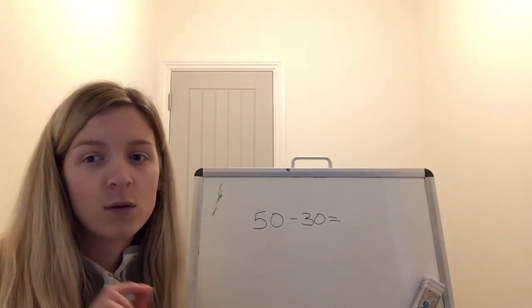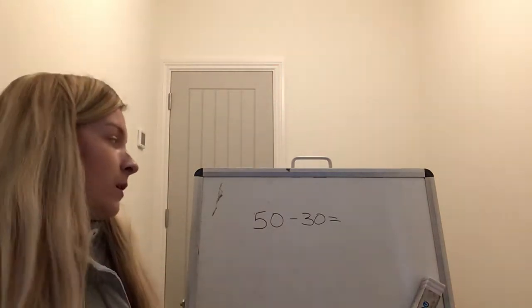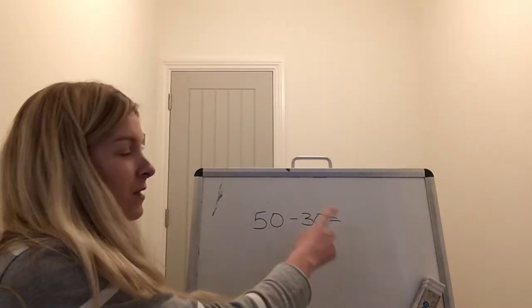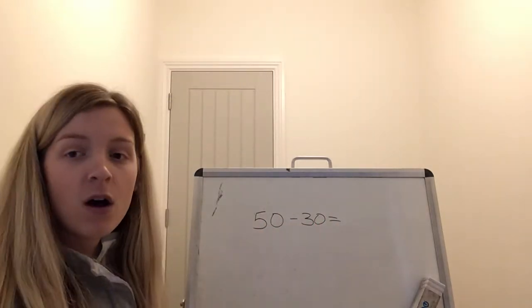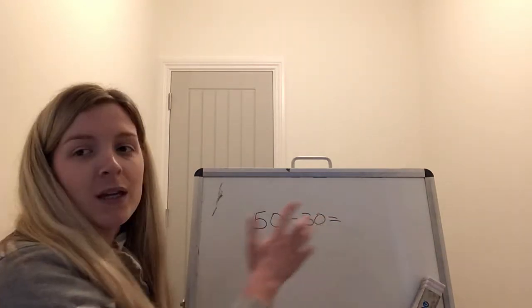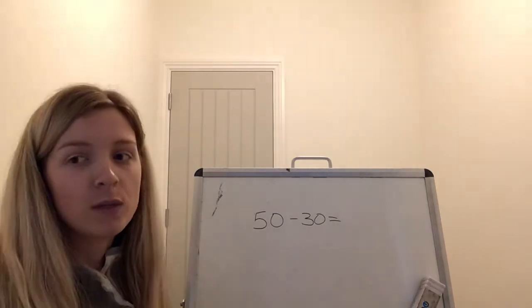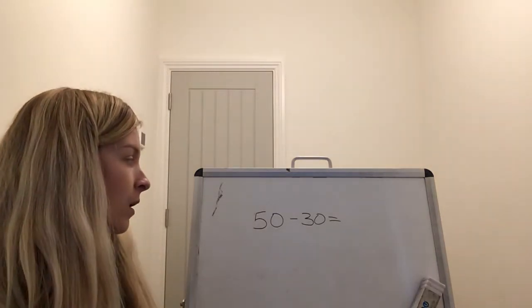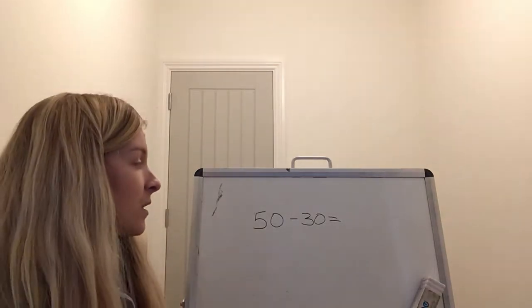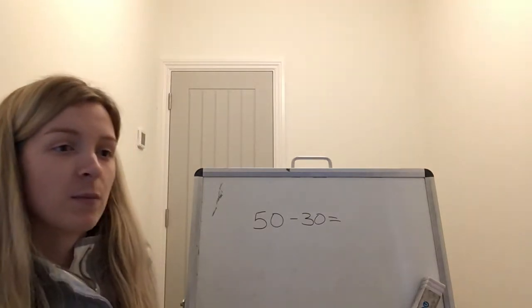One of the ways that you could do this is, I know one of you would say 5 tens take away 3 tens is 2 tens. I know this because I know that 5 take away 3 is 2. So 5 tens take away 3 tens is 2 tens. Another way that you could do it, and this is the way that we're going to be practicing today, is by saying, okay,